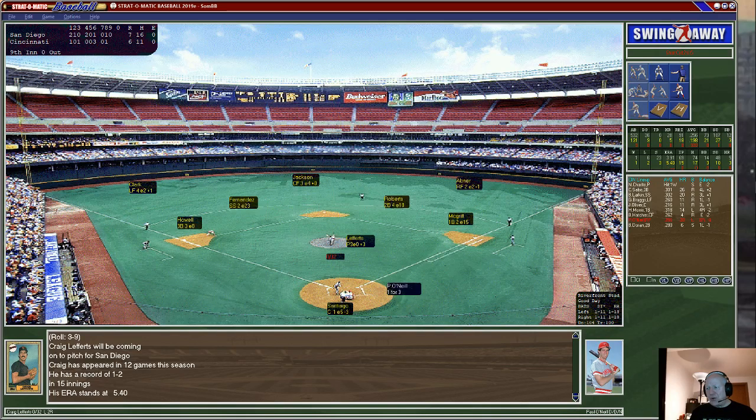Craig Lefferts is your closer, and he will be coming into the game with a record of 1-2 and an ERA of 5.40 in 15 innings of work. 3 saves have been recorded by Lefferts, and he's got the lefty Paul O'Neill coming to the plate. O'Neill has some pop,